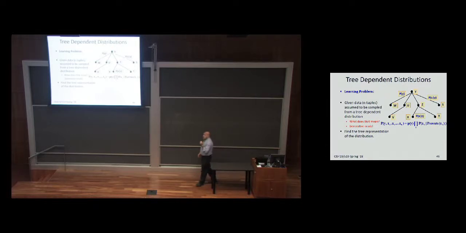Yeah, but is there a tree that generates the data? There could be infinitely many trees that would have generated this data. So what is the principle that guides us these few weeks? Maximum likelihood. There could be many trees, and we're going to try to find the most likely tree that could have generated this data.